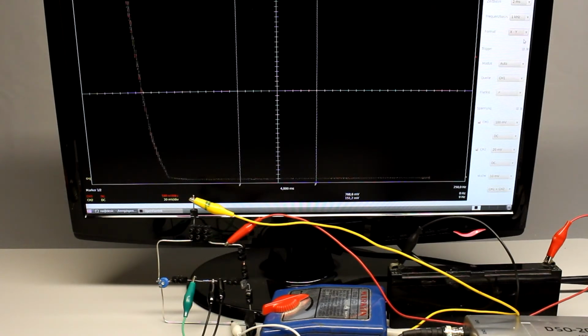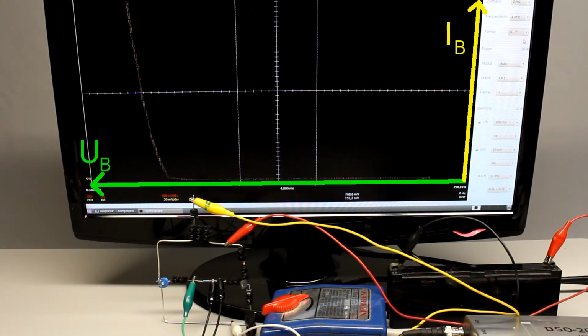Like already explained in this video, the collector voltage is not kept constant while using this simple measurement arrangement, hence we won't get reproducible values. There is another video about recording curve progressions with the help of an oscilloscope. The displayed curve is similar to those of a forward biased semiconductor diode. Note that the curve is drawn mirror inverted, hence the base voltage is increasing from the right to the left